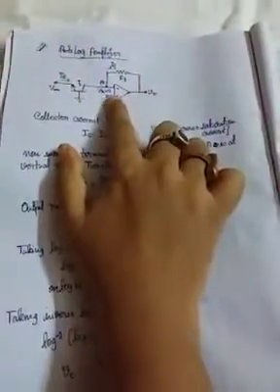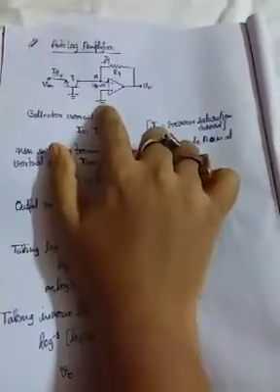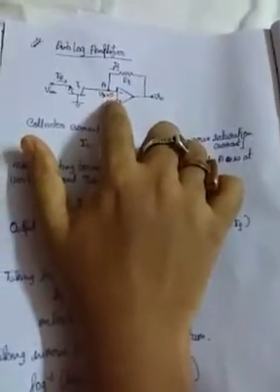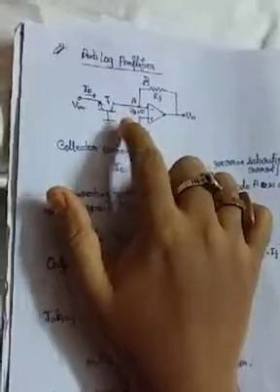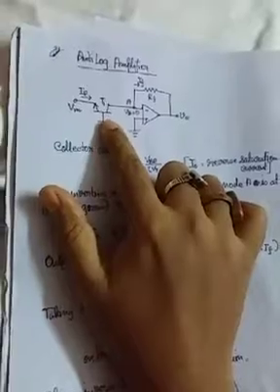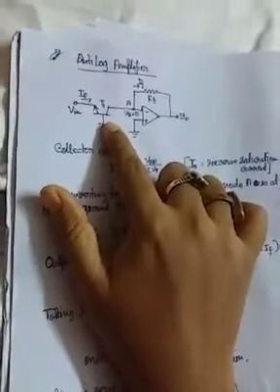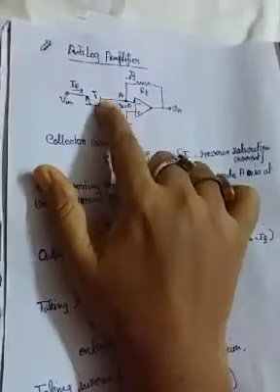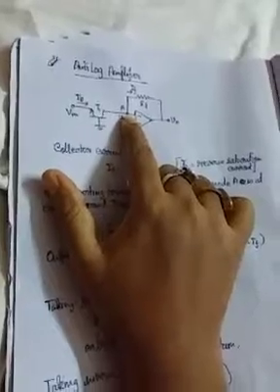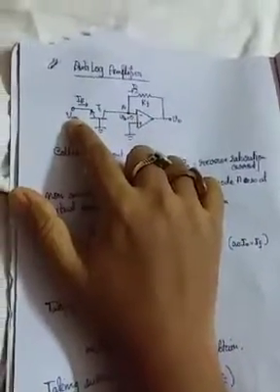Here the non-inverting terminal is grounded. So due to the virtual ground concept, the potential at the A terminal is also 0, so VA is equal to 0. And as the base of the transistor is at ground potential, and the collector of this transistor is at a virtual ground,